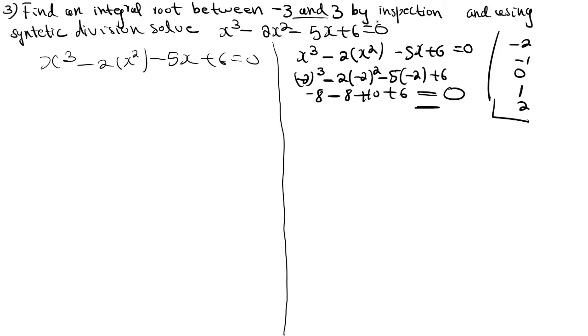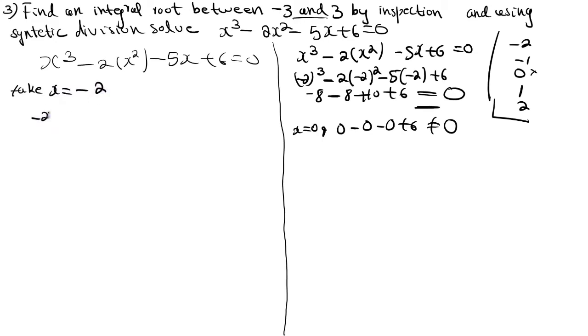You can check it for any other number. Suppose I am taking x equal to 0. What you will get? 0 minus 2 into x square is 0. Minus 5x is 0 plus 6. It is not equal to 0, right? Because here you are getting 6. So x equal to 0 is not possible. You can eliminate this one. You can check for 1, minus 1, 2 like this only. For the first value only you are getting 0 means you can take x equal to that value only. So take x value equal to minus 2.